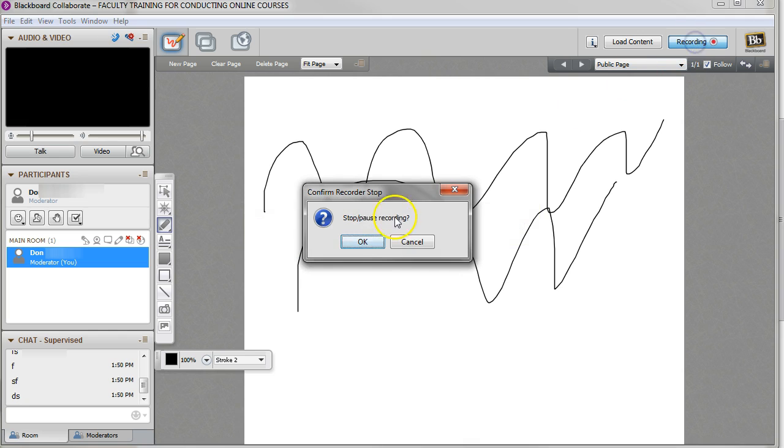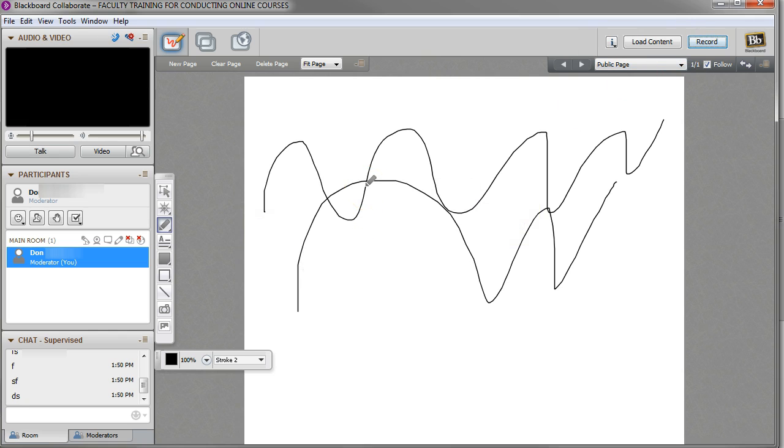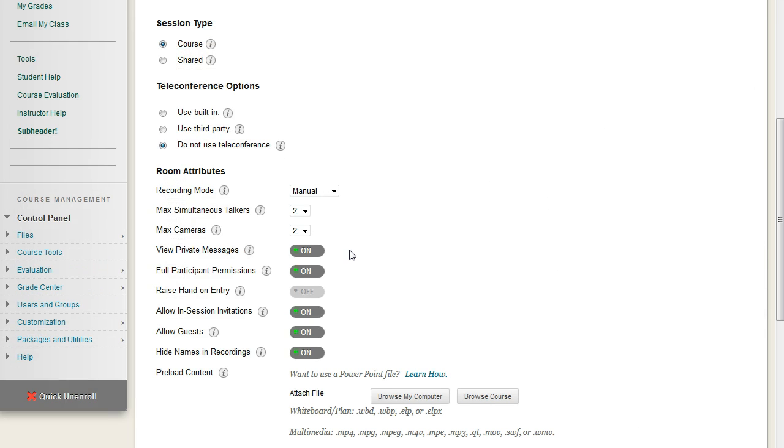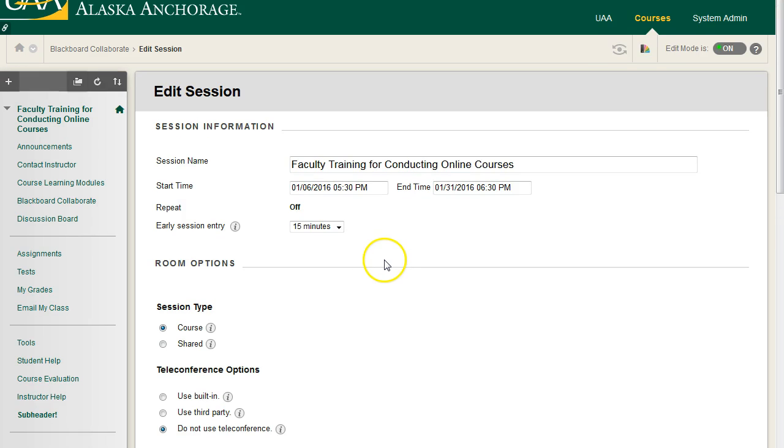Now, to tell Collaborate that you are actually done for the overall session, go ahead and close out of this Collaborate window entirely. And then once all of your users have left, the room is now vacant, and it will either expire or that vacancy tells Collaborate, okay, whatever we've done recording-wise, make them into a single video clip. And then after a couple hours, sometimes up to a day, it does depend on how busy your server is,